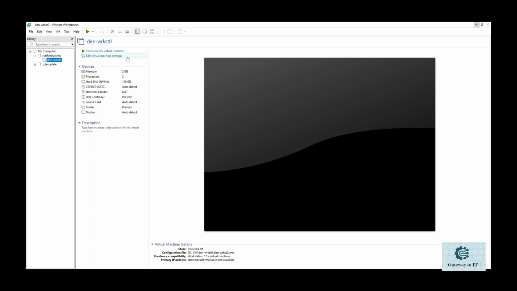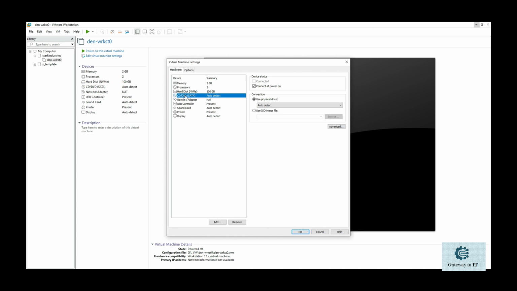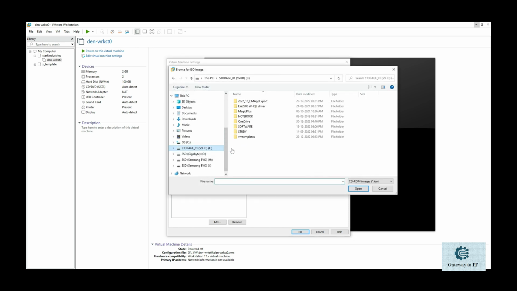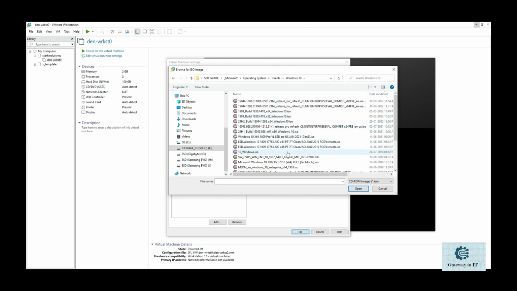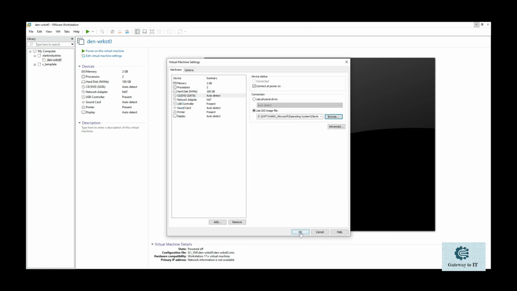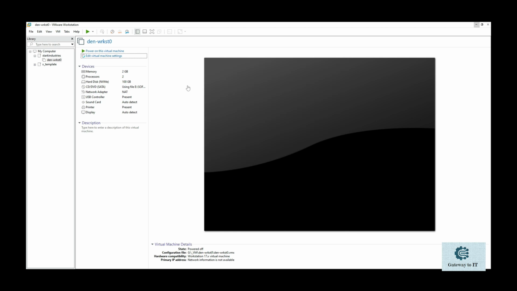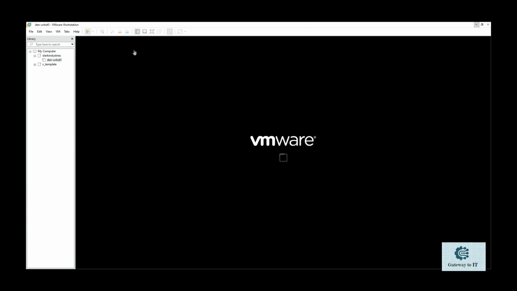Once the machine is created, we can go to edit settings and provide the ISO of Windows 10 for the installation. Let me select my Windows 10 ISO. I have downloaded the evaluation version of Windows 10. So let me select it. Once I select this, I can click on OK. Click on OK. So now that we have the ISO, we can click on start and wait for the installation